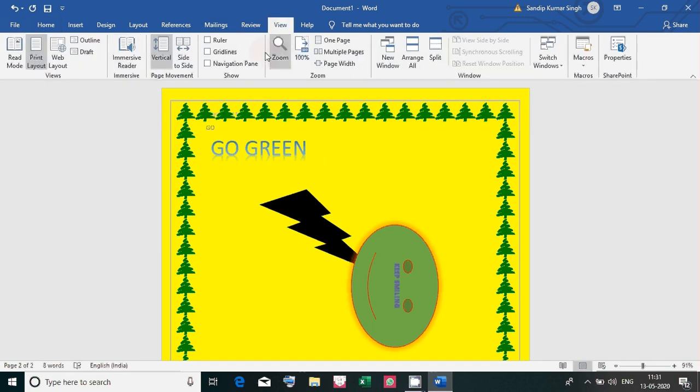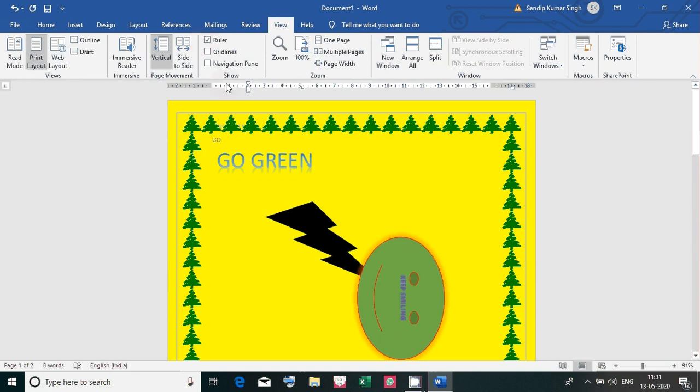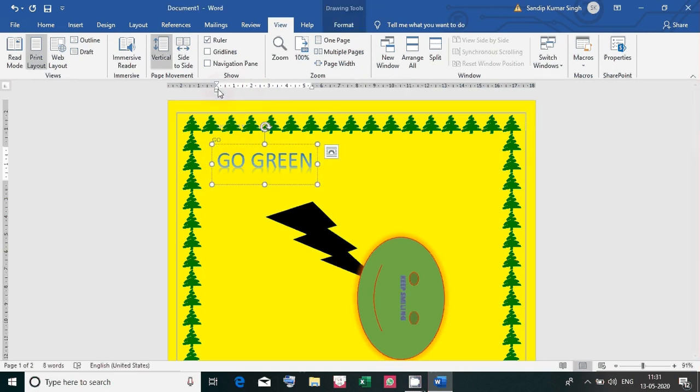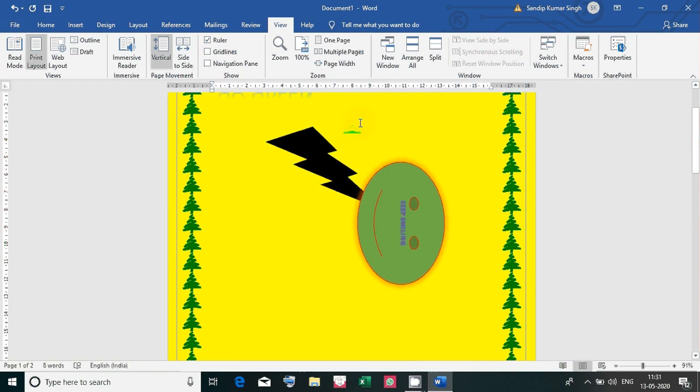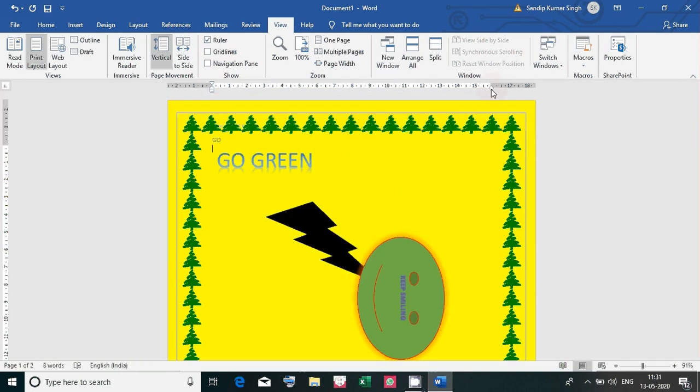Let's view the ruler first, then I can tell you. Next is indent. We have 3 indents: left, right, and first line indent. See, left indent means how much to the left side it will go. Take your arrow there. See, if we do like this, this is the indent, and after this, the text will not go. Whatever text is there will be between the indents. Indent is the distance from the margin. This is the right indent. Here we have the left indent and the first line indent. So this is how it works.